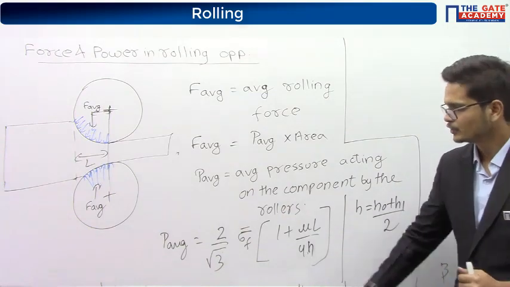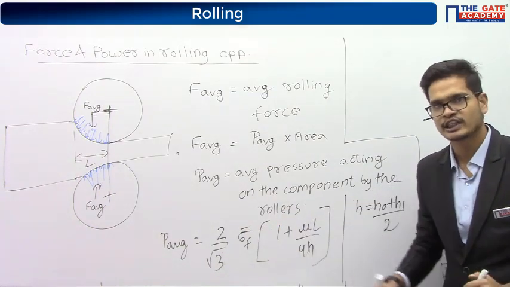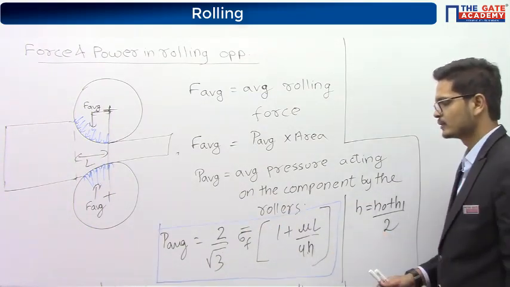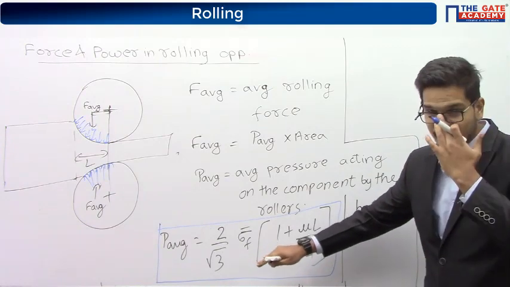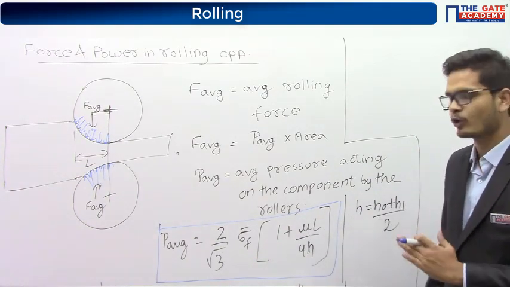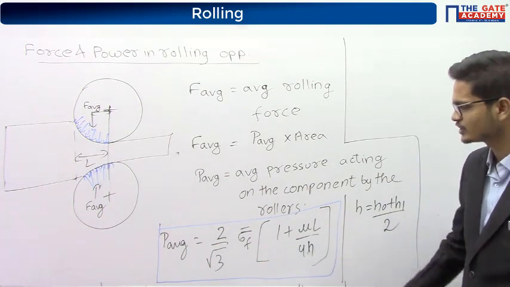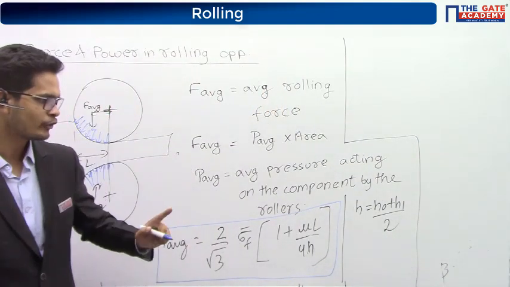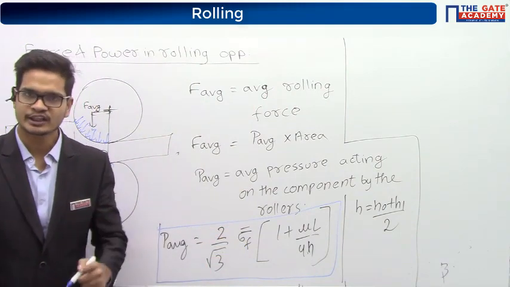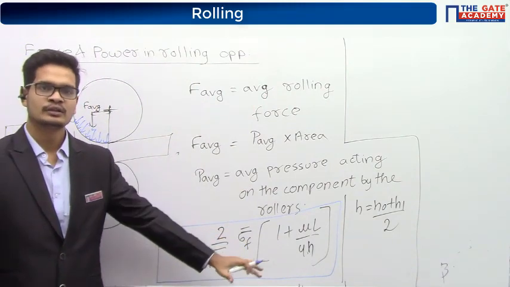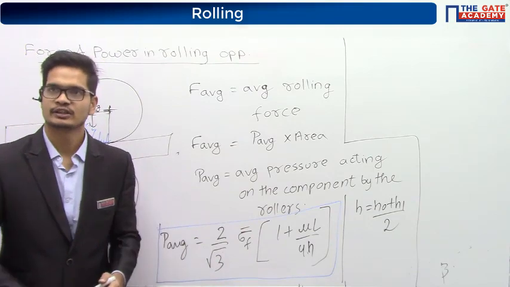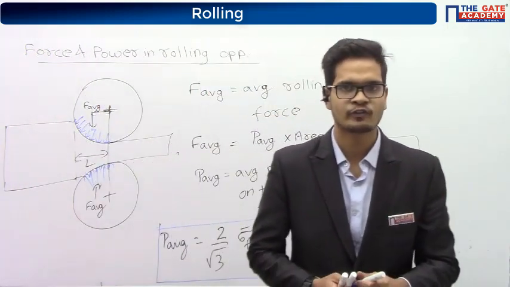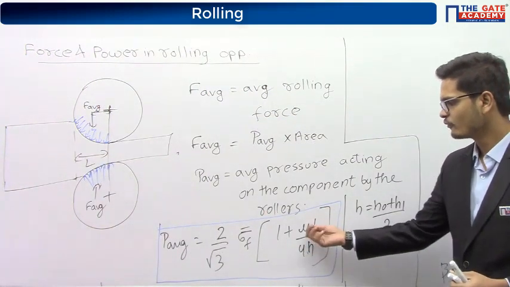Now, no need to get scared by looking at this expression. This expression, or a question based on it, has not been asked in the exam. But the thing is, it can be asked, so you have to memorize it. What they have asked in the exam is the ideal case, in which they have not given the value of mu.